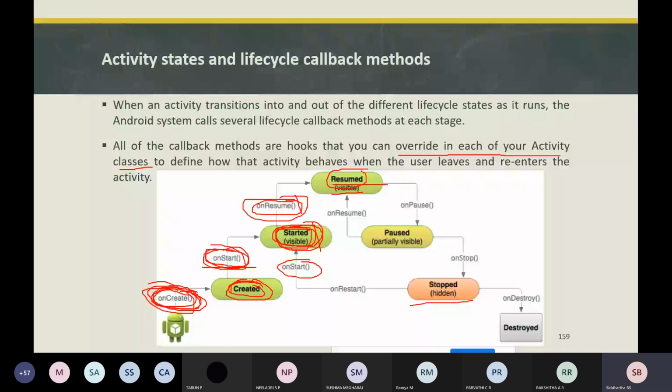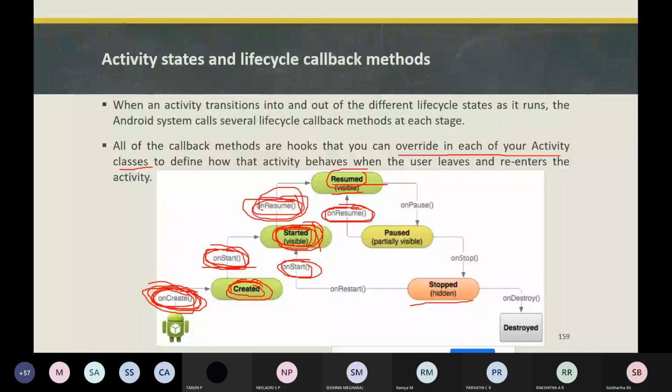This onResume method can be called multiple times. Whenever you are in a running state and you go to another activity, that particular activity will be in the pause state. Again, if you want to go back to activity one, it is going to call the onResume method. Or if your application is in a stopped state and you want to go back to that activity, from activity one to activity two to activity one, again it is going to call the onStart method. It initiates your activity, and then it calls the onResume method.